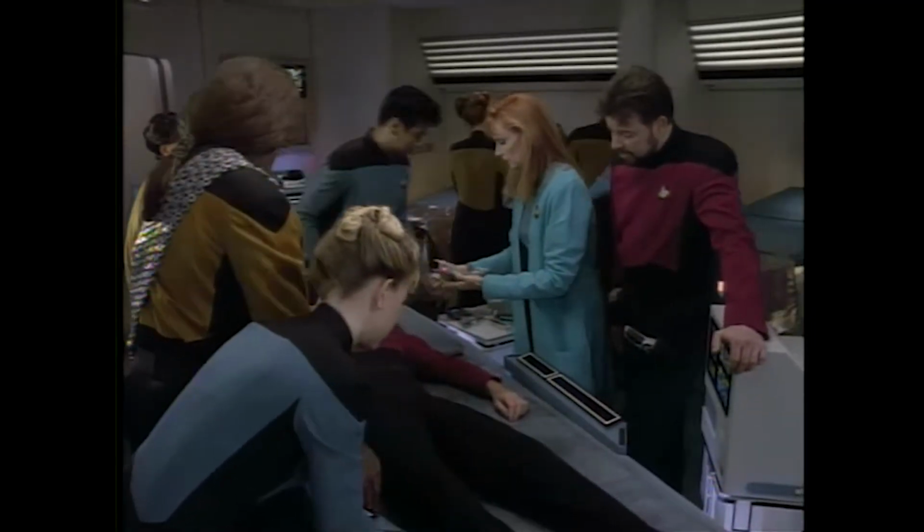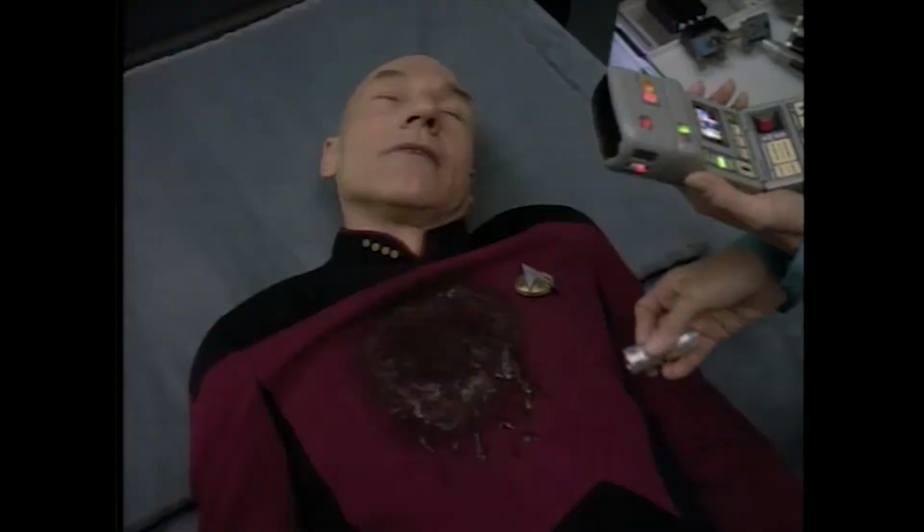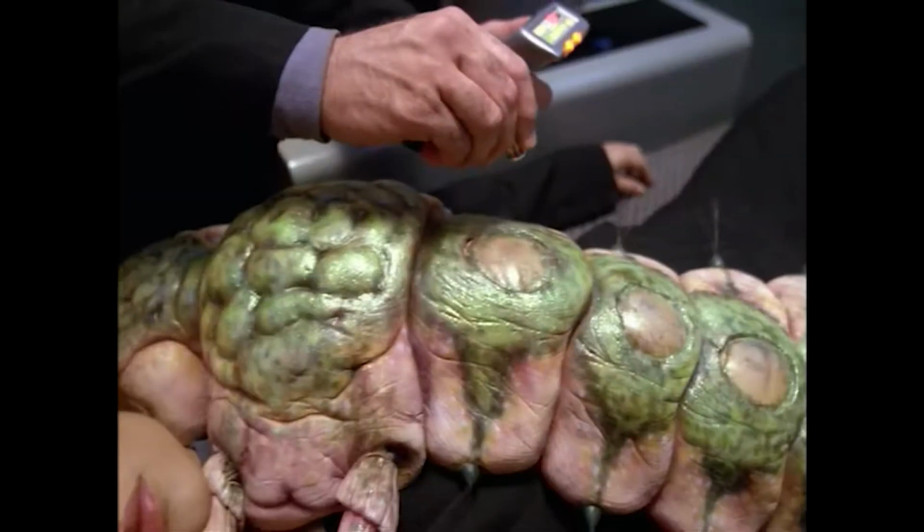So if you've ever watched an episode of Star Trek, really any of the series, whether the original series or all the way through to Voyager or Deep Space Nine, one of the things that happens frequently is that the doctor will whip out his or her medical tricorder, point it at someone who is ill and say,